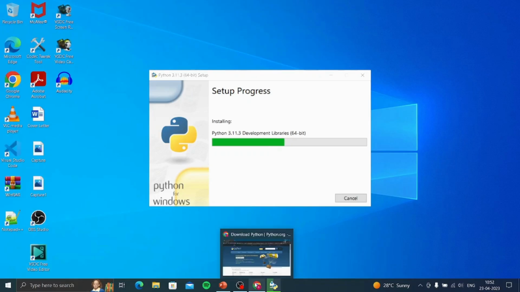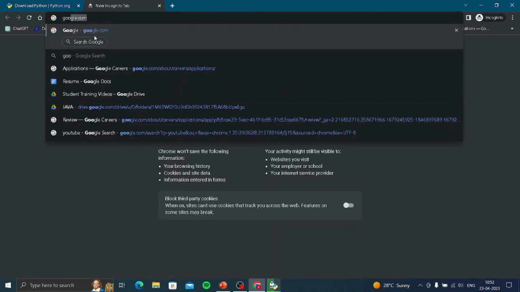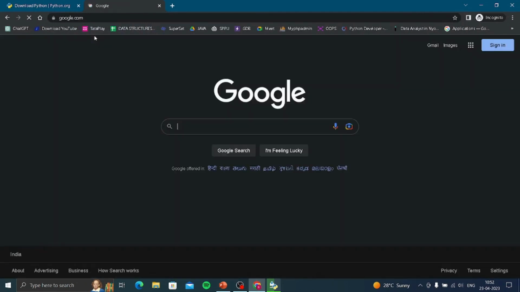Meanwhile, we will download one more thing, which is VS Code. All the coding part we will do in VS Code. Why VS Code? Because VS Code provides productivity and efficiency to the coder. We can do coding in Python IDLE, which is available, but that is a very basic IDE. In that we don't have so many tasks we can do. So we simply type VS Code,